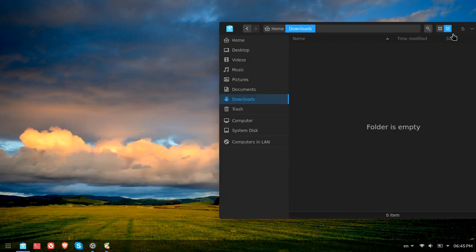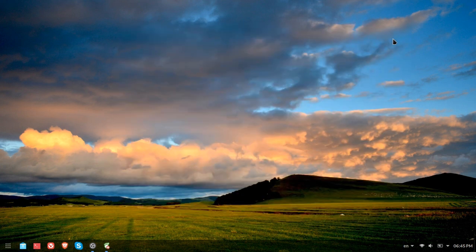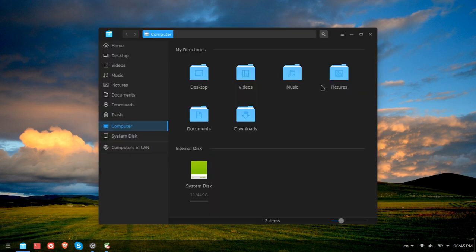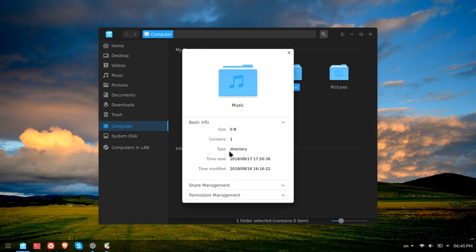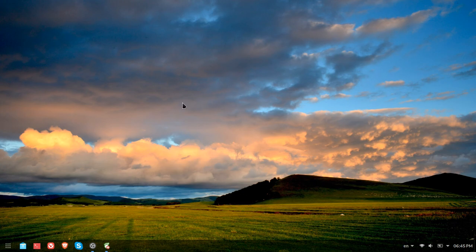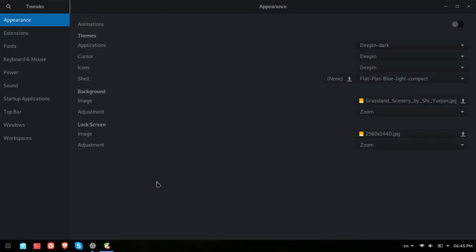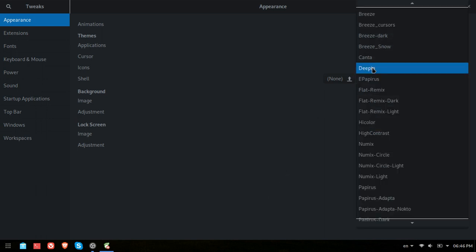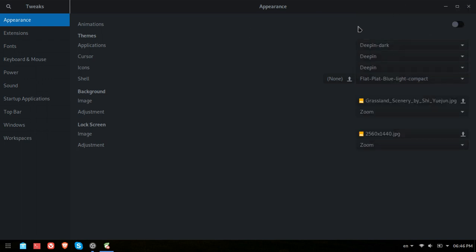But the first two methods are, I mean, just as simple. I mean, if you're not used to the folder naming or whatever, like in Linux, if you're just not used to that, then you can just go ahead and go with steps 1 and 2. Now, once you have your icon themes and your cursor theme and everything you may like regarding the applications and all that type of stuff,